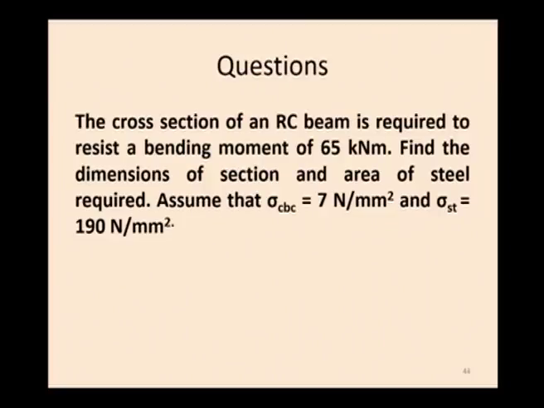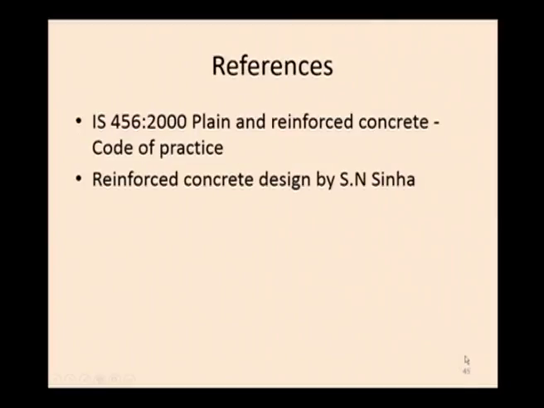Here I have given you one question to design a singly reinforced rectangular section: the cross section of an RC beam is required to resist a bending moment of 65 kilonewton meter. Find the dimension of the section and also the steel required. Assume sigma CBC equal to 7 Newton per millimeter square and sigma ST equal to 190 Newton per millimeter square. For references, we can refer to IS code 456-2000, plain and reinforced concrete code of practice,